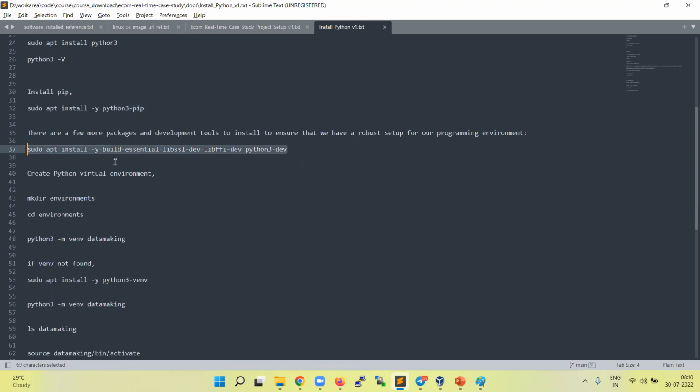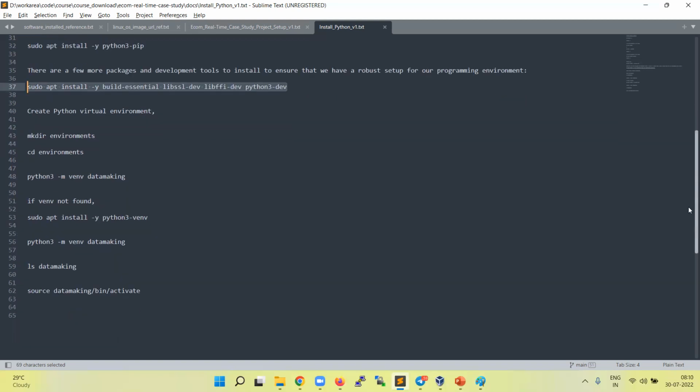There is a package called MySQL client, which helps your Python program interact with the MySQL database. At that time you will face some dependency issues, so for that we install this as well.